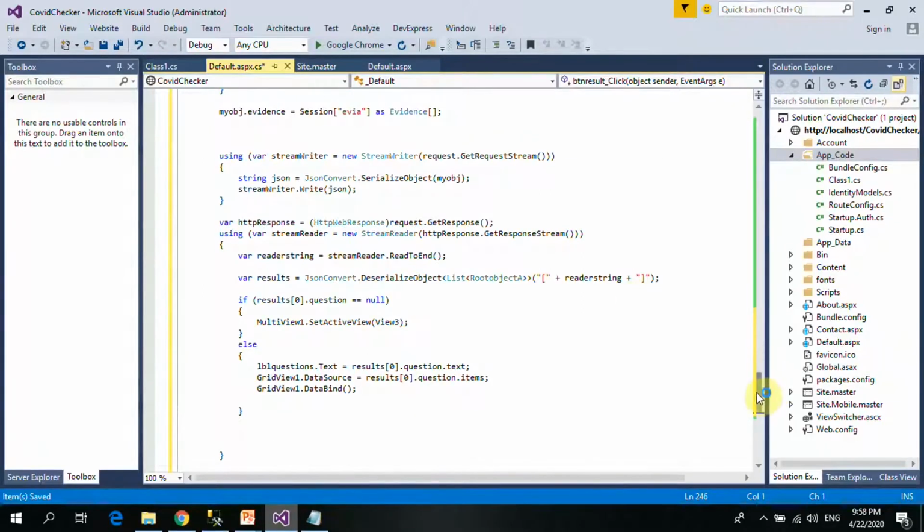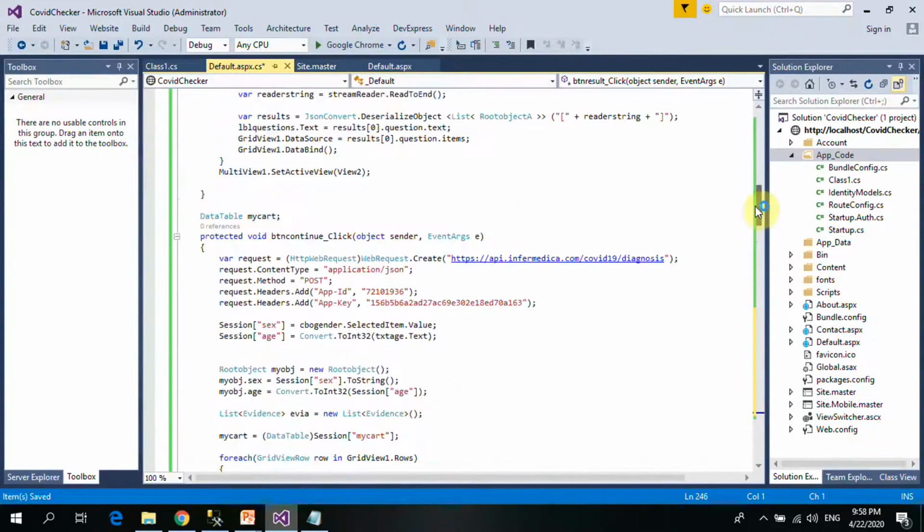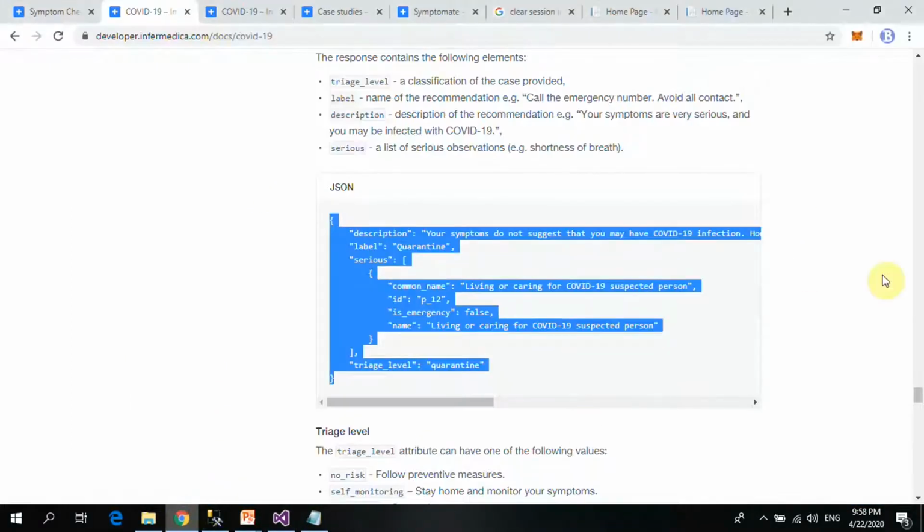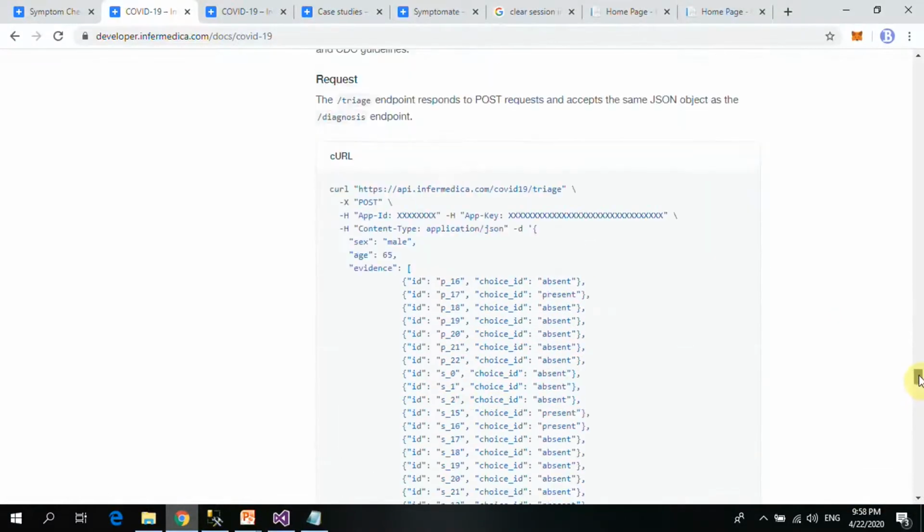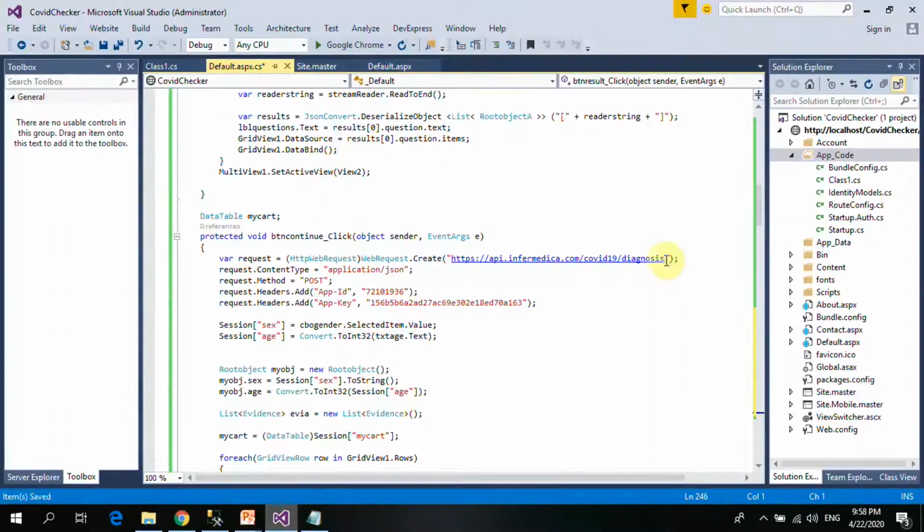So the first thing I need to do is the endpoint of this is a COVID-19 triage, right? So let's verify that again. Triage, triage. So that will be the endpoint. So basically every other thing is the same, including our